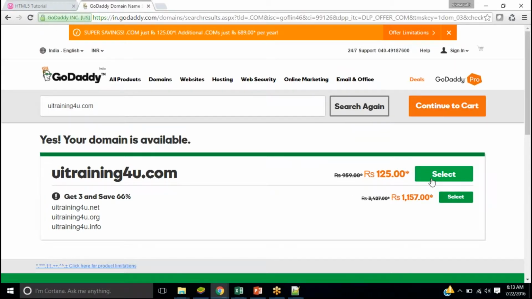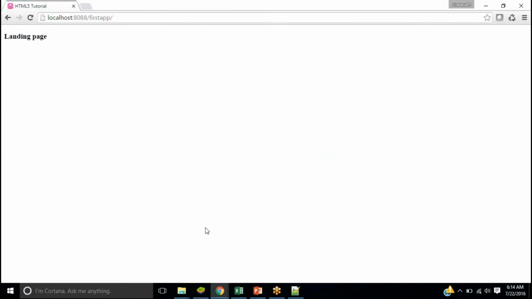You can directly purchase it. It will be registered and linked to you. And it's independent. You can purchase your domain name from GoDaddy and hosting space from Amazon, and you can link both of them also. So you can purchase it and link it, kind of stuff. Okay. So these are the basics of hosting and all.